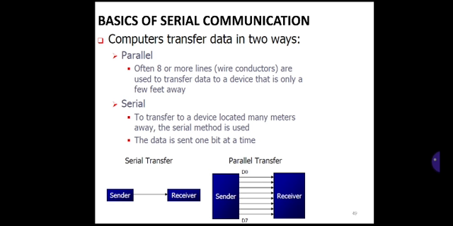For serial data communication to work, the byte of data must be converted to serial bits using a parallel in serial out, that is PISO, shift register. Then it can be transferred over a single data line. The medium will be a single line, so the data will be transferred on that single line.